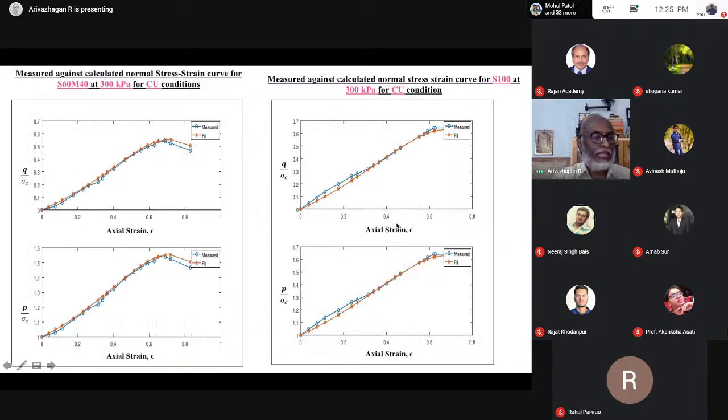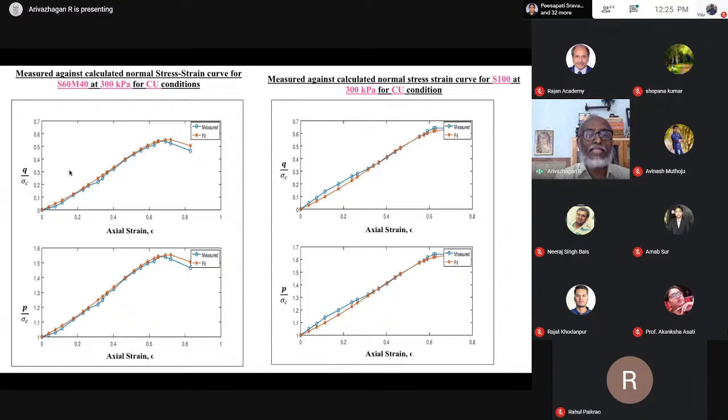This next one is very important here. After we find out the triaxial test result, we can calculate the value of P and Q. P is equal to (sigma 1 plus sigma 3) by 2. Q is equal to (sigma 1 minus sigma 3) by 2. Sigma C is the confining stress. We are conducting the triaxial test for three loading conditions: 100 kPa, 200 kPa, 300 kPa.